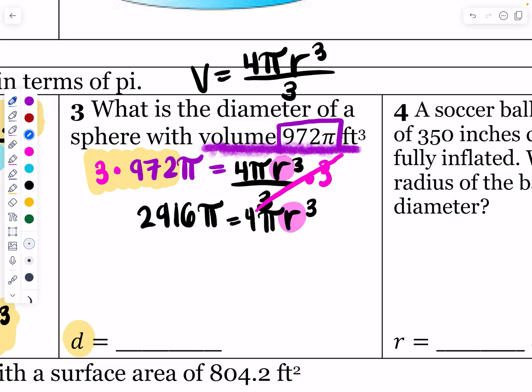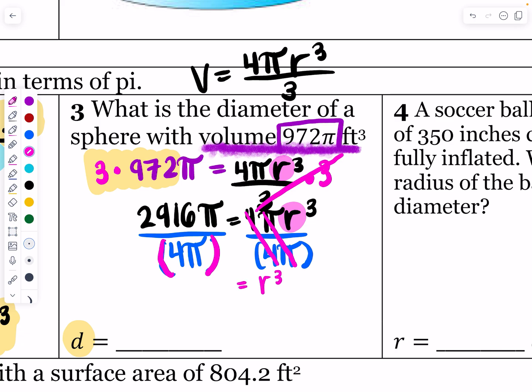Okay, so now we want to get r cubed by itself, and so on both sides, we're going to divide by 4 pi. And since I'm dividing by more than one thing at a time, I'm going to put it in parentheses so that my calculator knows I'm dividing by both of those things. So make sure you put that in parentheses. If not, you'd have to do divided by 4 and then divided by pi. And so the 4 pi cancels out on this side,